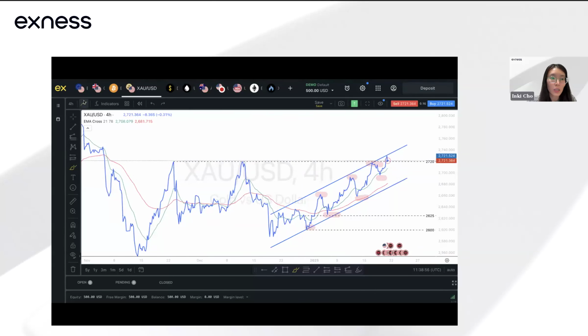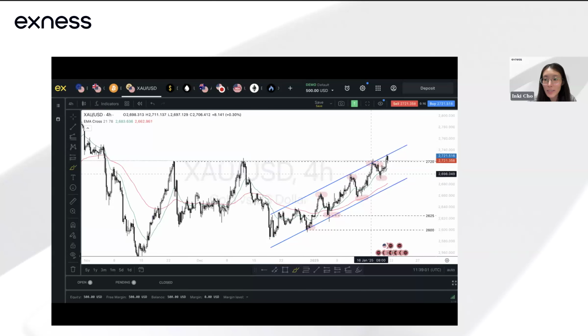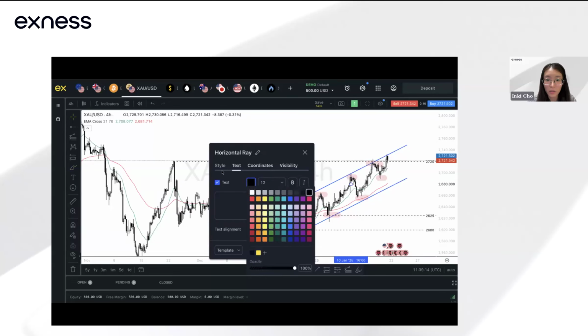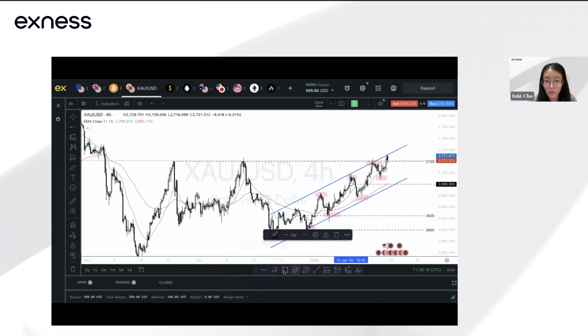If we take a look at it just in terms of the support levels on the 4 hours time frame, you can see that on the lower time frame, this is a key support level, just based on the last high and low. You can see this level here, so the 2,680 level. Let me just highlight this. Okay, so this region over here, this area, just in terms of how it's going, it lines up with the lower bound of the ascending channel that we have, as well as the EMA 78. You can see this area over here.